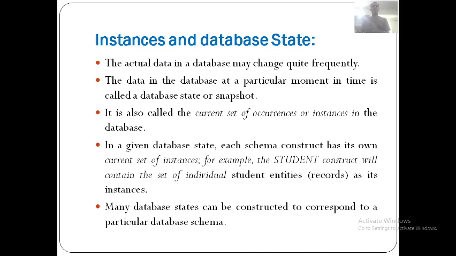He may have joined, or earlier to that he was there, but at that point of time there were only 6 students. That is the instance. Assume that 2 more students have disconnected, then what is the status? Then 4 is the instance of that. Got it? The data in the database at a particular moment in time is called the database state